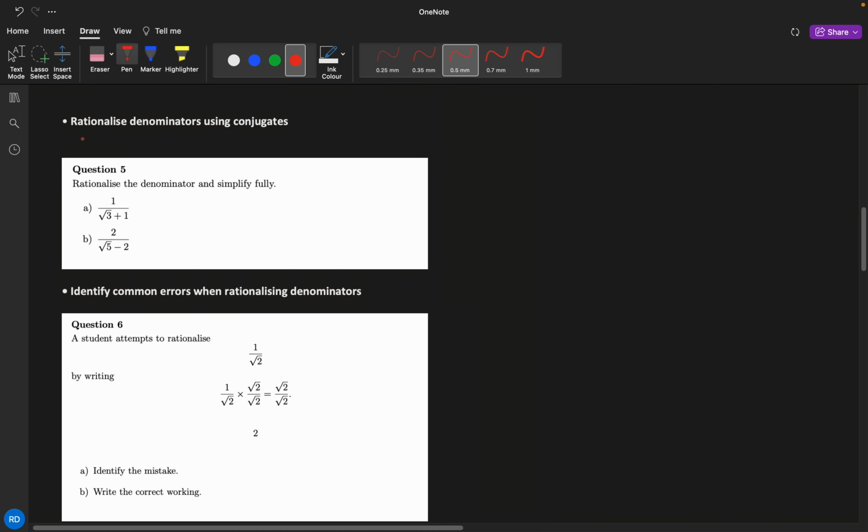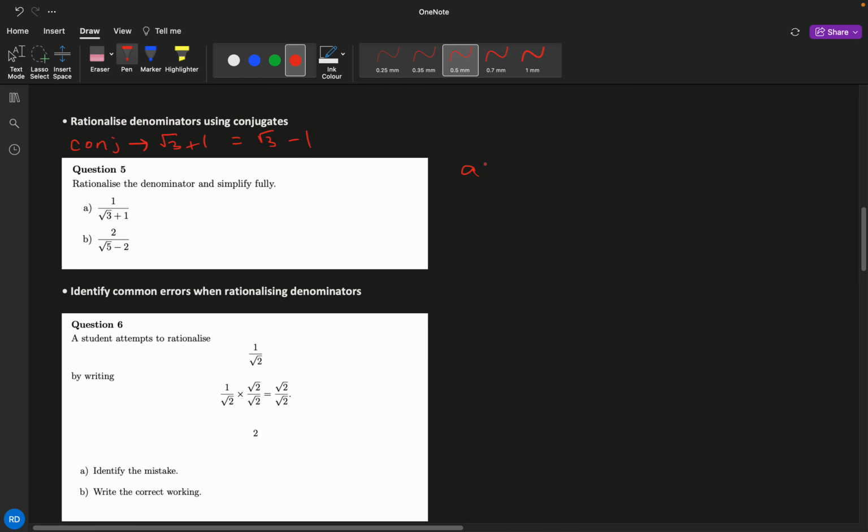Now we're going to work on denominators with conjugates. This is where it's a little more complex. So conjugate, best way I can explain it is just more by showing you. So the conjugate of root 3 plus 1 equals root 3 minus 1, and vice versa. If it was root 3 minus 1, root 3 plus 1 would be the conjugate. So this is actually a concept we use in specialist maths, but the reason we do this is because